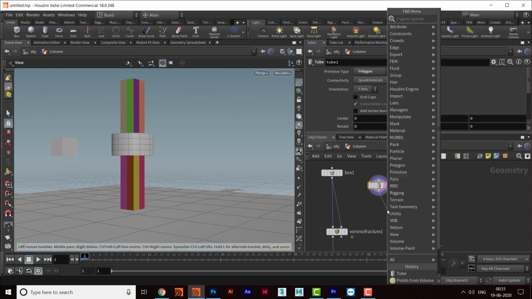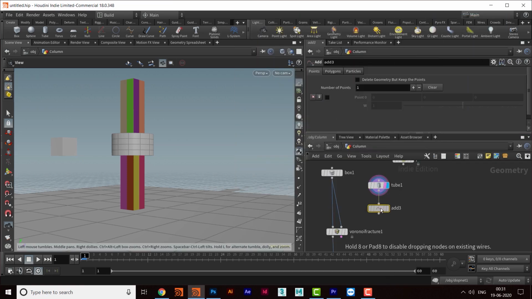So I will take one add, and then in add you will see delete geometry but keep the points. I will click here, and then only the points will be there.